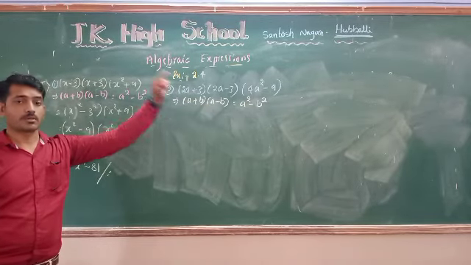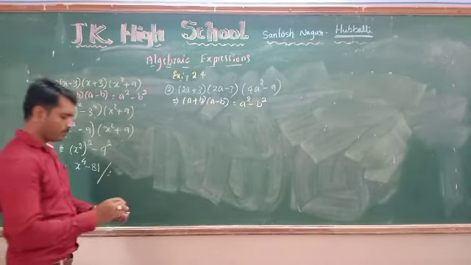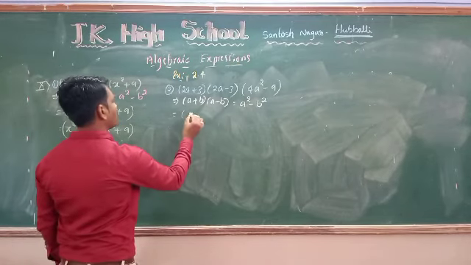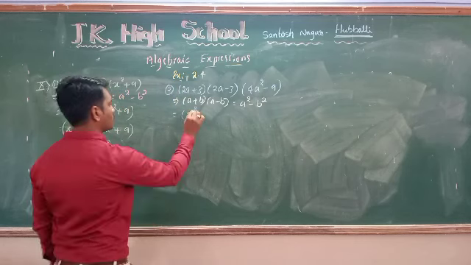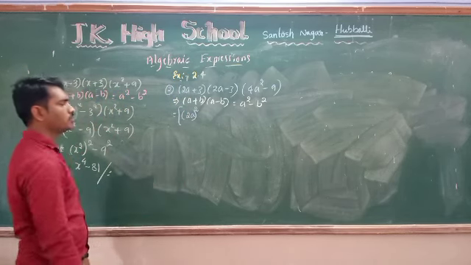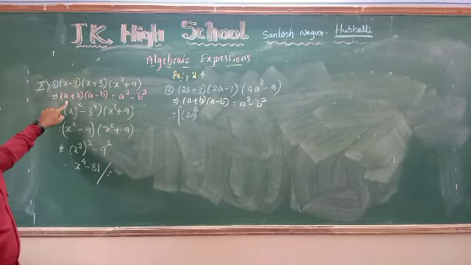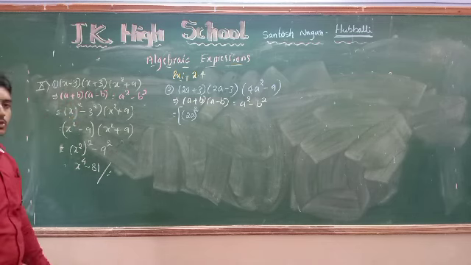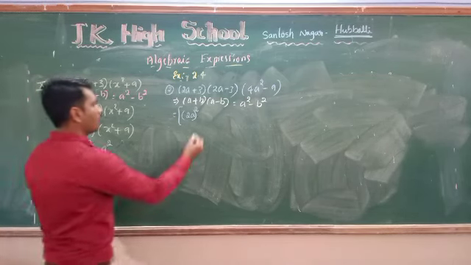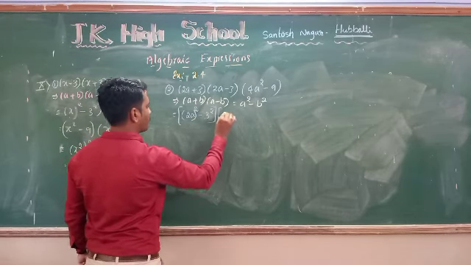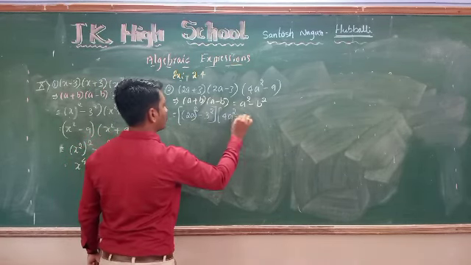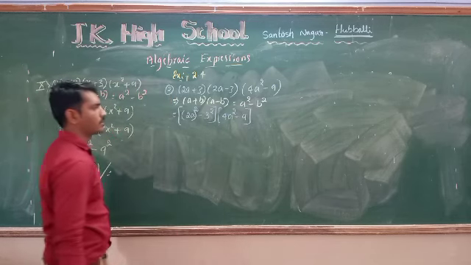a square minus b square. Now tell me, what is the a value? A square means what? 2a the square. So we have to write the 2a inside the bracket. Here the term was only 1, now the terms are 2. That's why 2a the whole square. Minus b square means what? 3 the square, and the remaining 4a square minus 9.